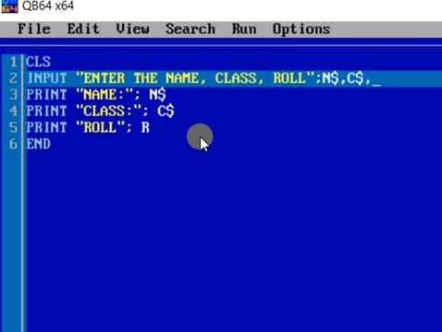Then roll is third, so the variable R should be third. This order should be maintained according to the text, and this order should also be maintained while giving the input during execution time.